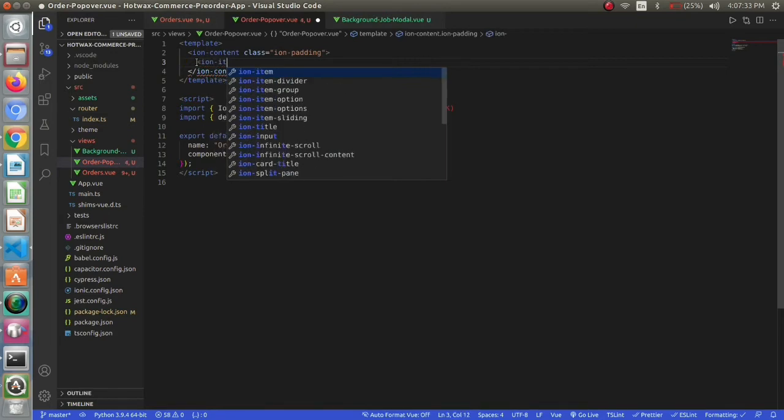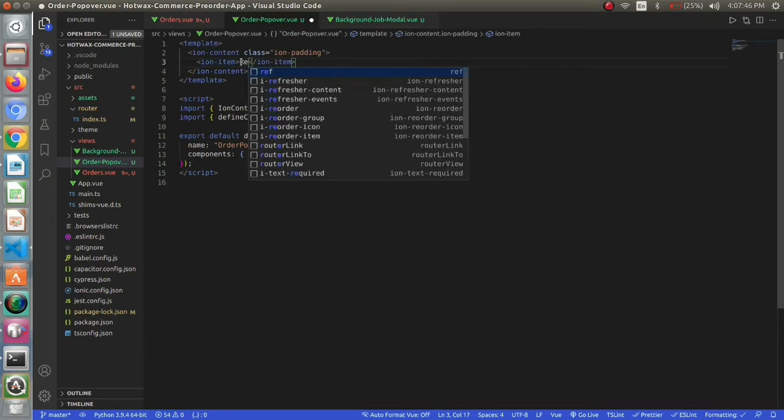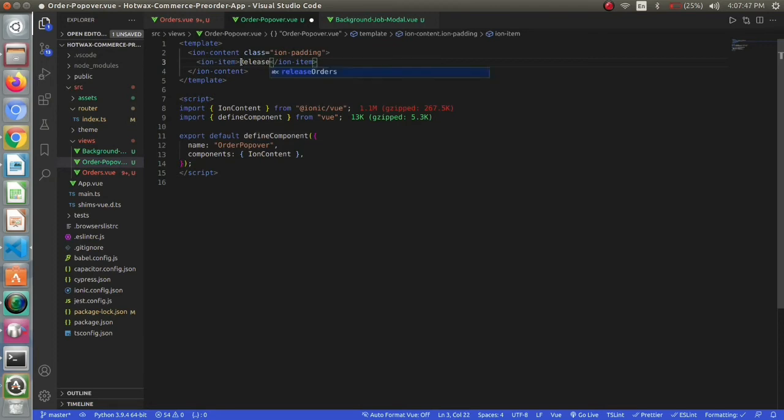I will be creating my ion items as buttons. So I want 4 ion items over here because I am creating the release to warehouse, edit promise date, and cancel orders